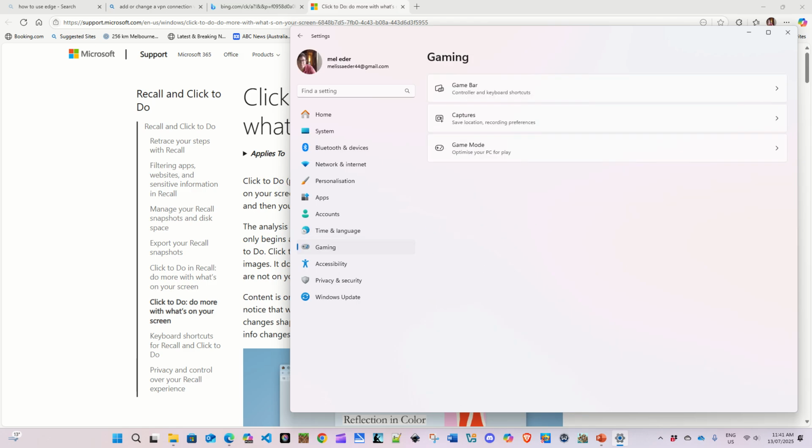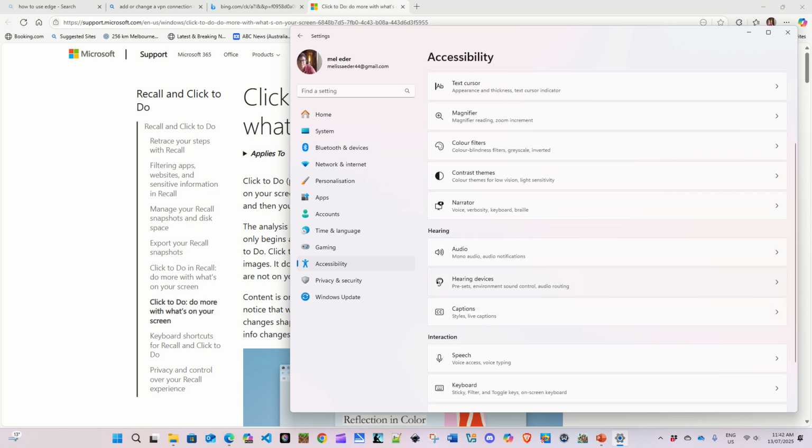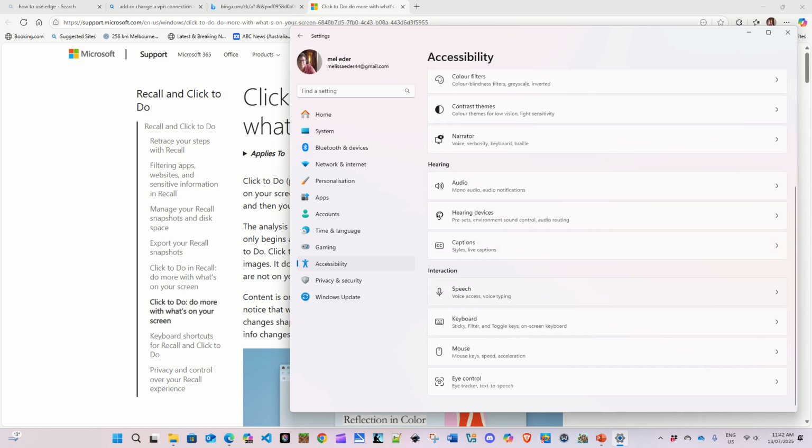Gaming, game bar, accessibility. Now this is something I use a fair bit. All right. Because I have some accessibility needs. So you can magnify, text cursor, mouse pointer and touch, visual effects, text size, audio, hearing devices, speech, mouse, privacy